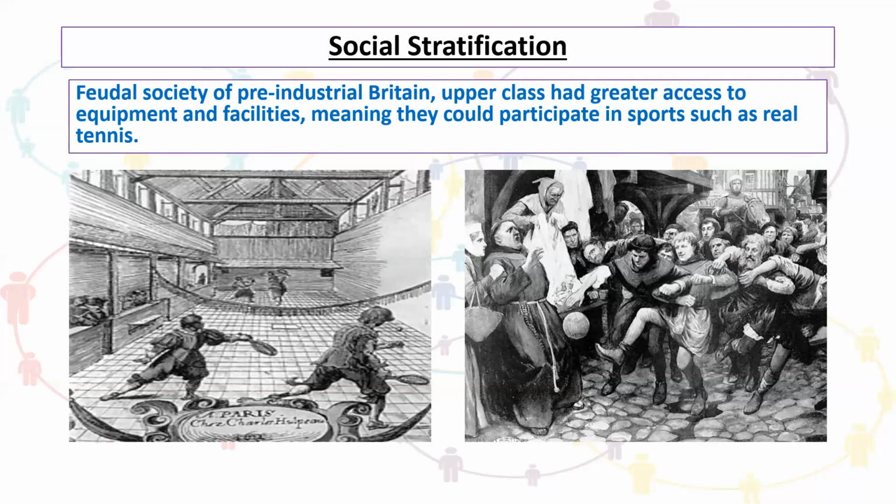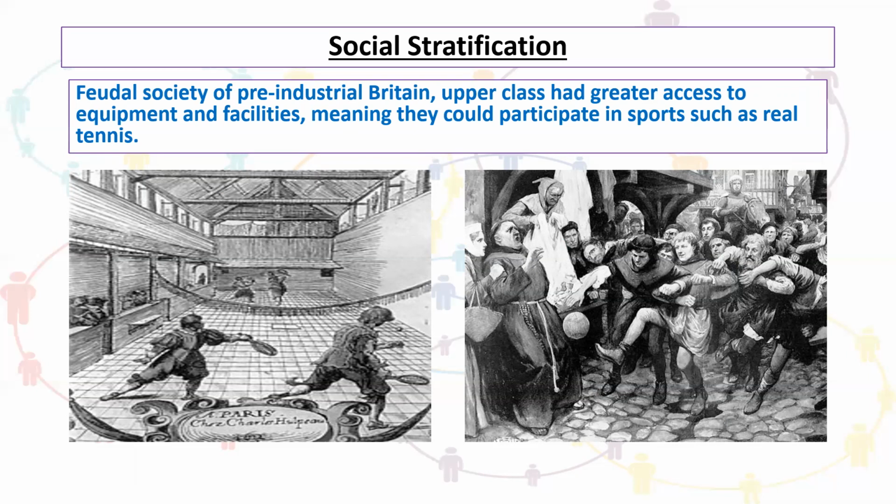It wasn't a common thing. It was very much only for the upper class to have these sorts of grand indoor facilities, and the equipment itself was not readily available to the masses. So it was only that group of people within society who were able to participate in those sorts of sports,